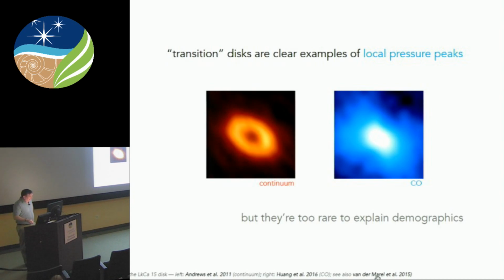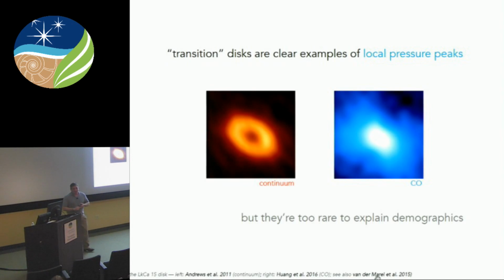But these are a population of disks where you see the continuum emission. So you see the pebbles concentrated in these relatively narrow radial rings where there's basically no pebble emission inside, in this case, something like 40 AU. So the entire inner region of the disk is cleared of pebbles, and there's not much stuff outside of it either. They've all concentrated in. But if you look, the gas is everywhere in this disk, right? And that's just the classical signature you'd expect at modest resolution of a local pressure peak. One large amplitude radial ring pressure trap in these disks.